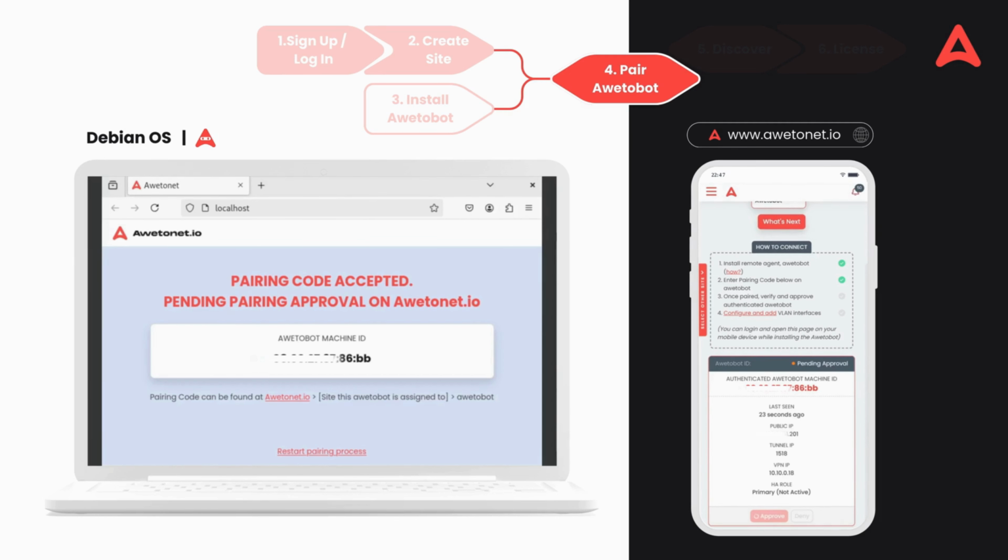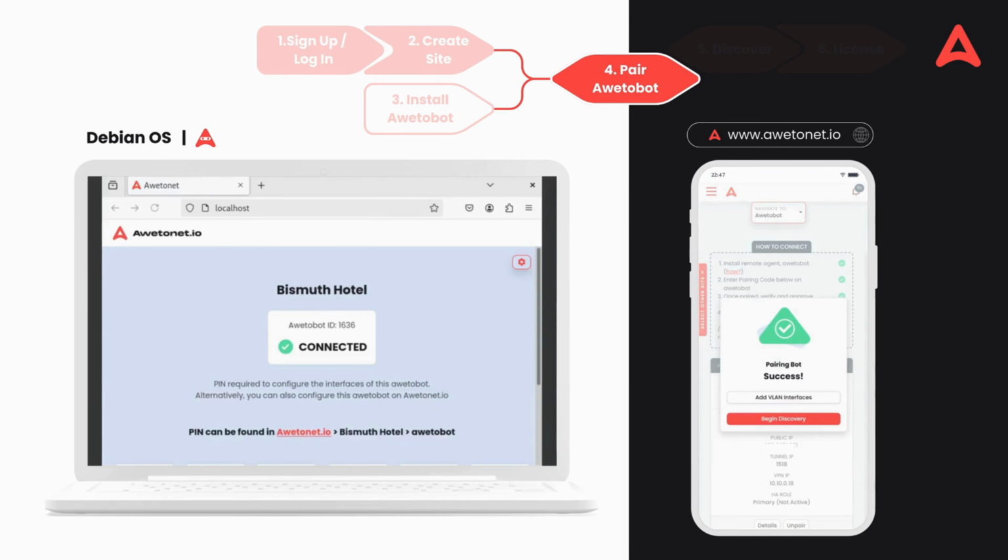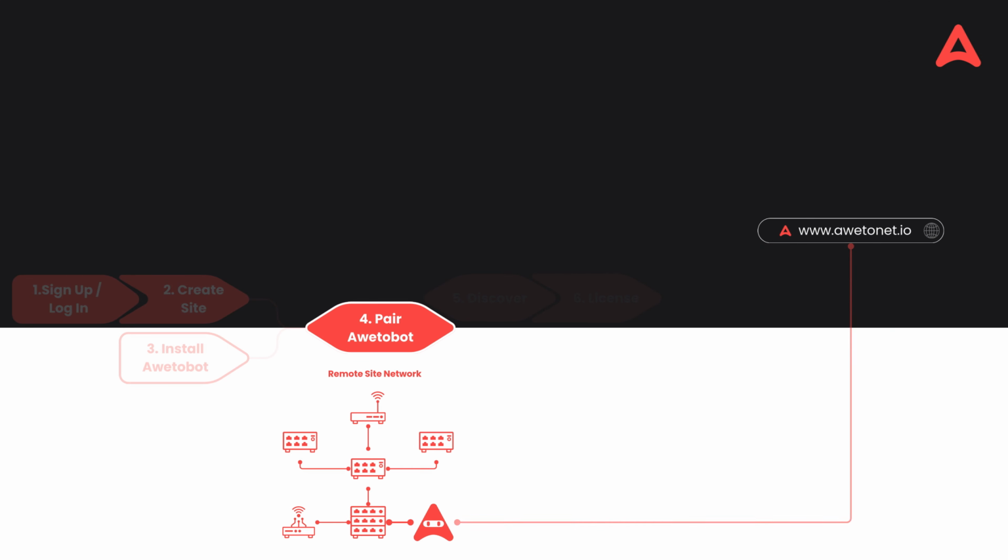The Awetobot will begin syncing information about the site. Once you see the connected status on the Awetobot and a success message on the Awetonet-io platform, the pairing process is complete. Now that Awetobot is paired, you won't need to interact with it directly unless there's a hardware or internet issue. From this point on, Awetobot will follow instructions from the Awetonet-io cloud,